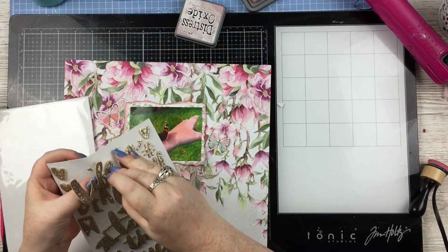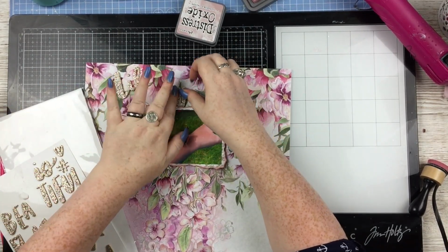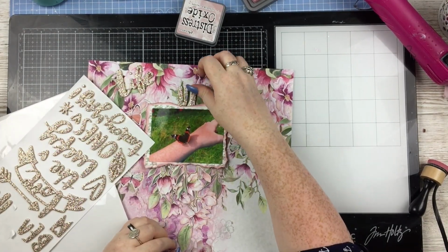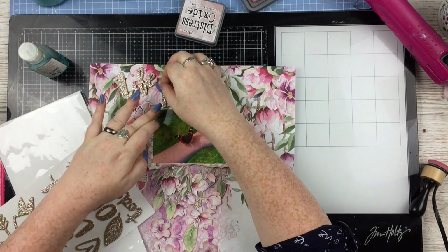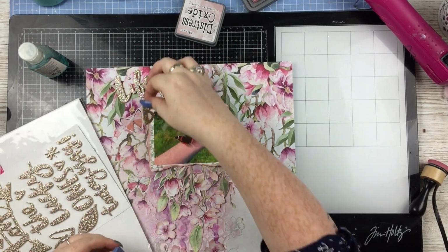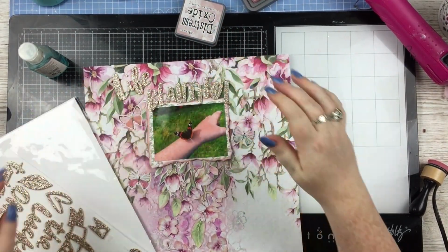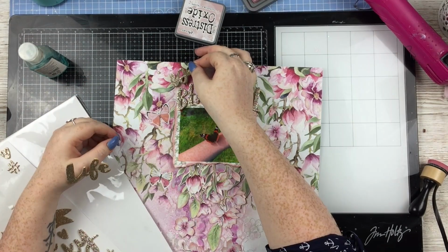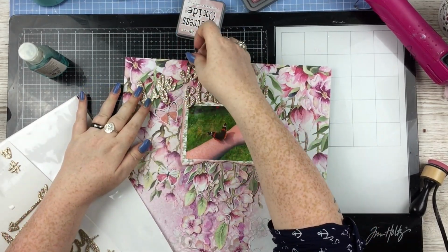These I think are Amy Tangerine stickers, but I don't know how old they are. I've had them for a while. I wanted "life is beautiful", which was just a phrase that was readily on there. The beautiful was separate letters, so what I did was put the U and the T as the middle letters in the middle of the photo, and then build the rest of the word around it so it would be nice and centered. I had to move where I'd put the life because there was no room for is, so I just had to move those 2 around, so it's got those up the side